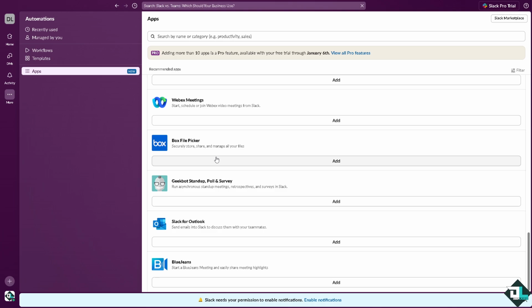But then again, choosing between Slack and Microsoft Teams depends on your business size, industry, and existing tools, plus your budget. All right,